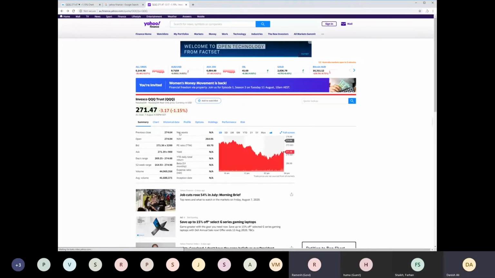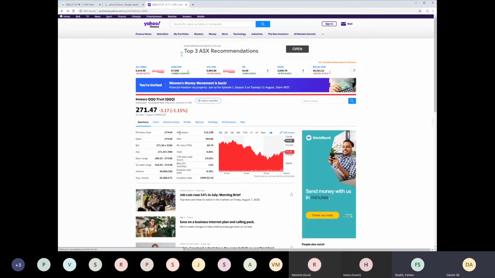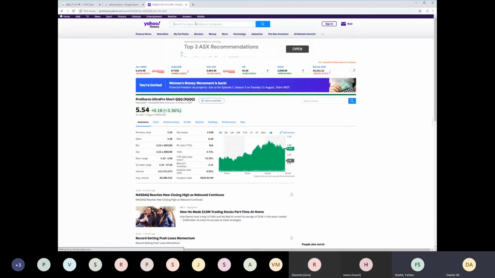So TVIX is an inverse ETF. When the market goes up, TVIX goes to zero. They might reverse split it. It might go to almost zero. But if you have it at almost zero price, like SQQQ, it's at $5 today.